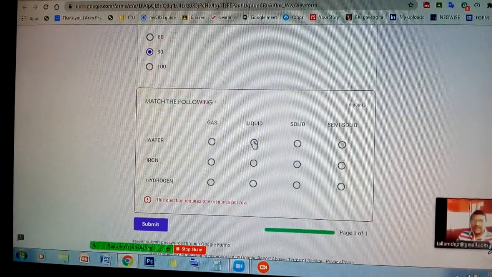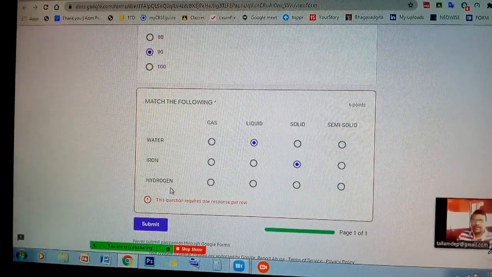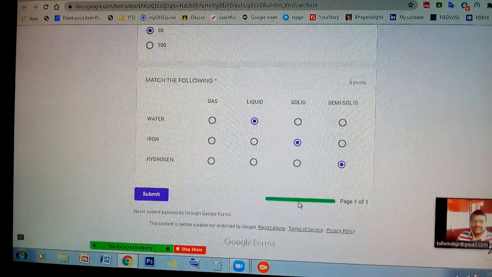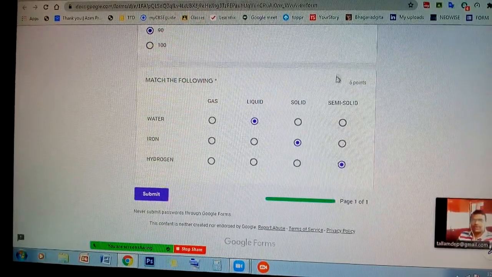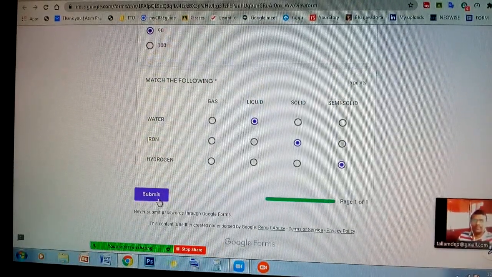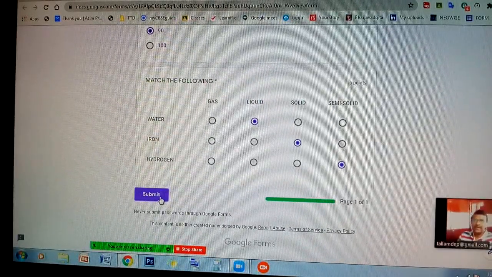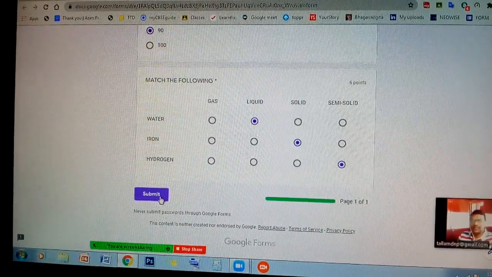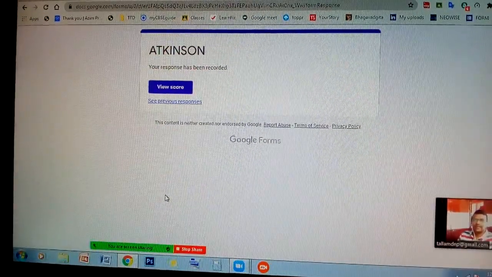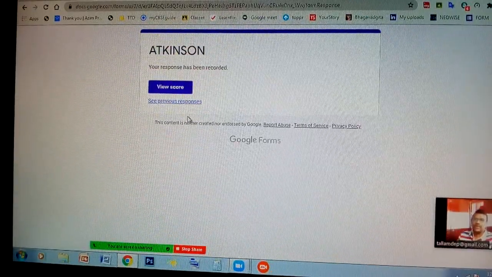As all the questions are over, at the bottom left side, you can see the submit button. As we click that one, our answers will be uploaded. In a fraction of a second, you will see a window like this.